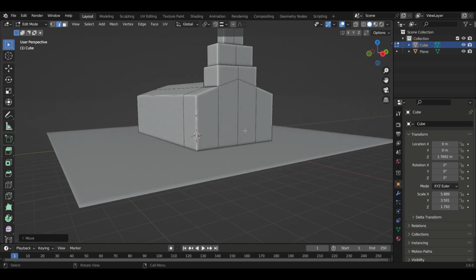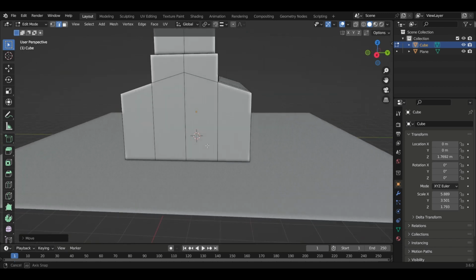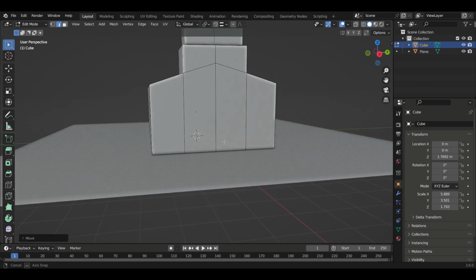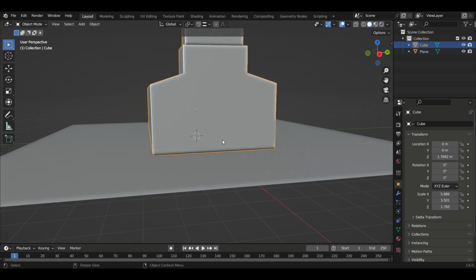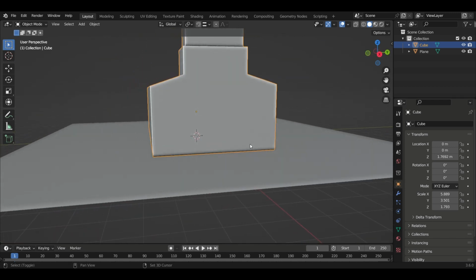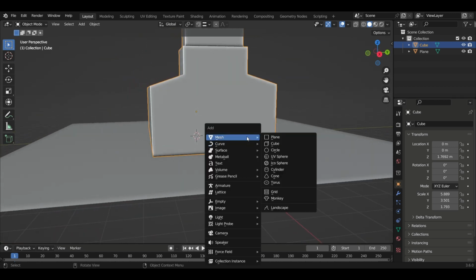Okay then, now let's add doors and windows and steps. Okay, now let's add steps. Okay, Shift A, sorry, we have to move to object mode before adding any other element. Shift A and add a cube,